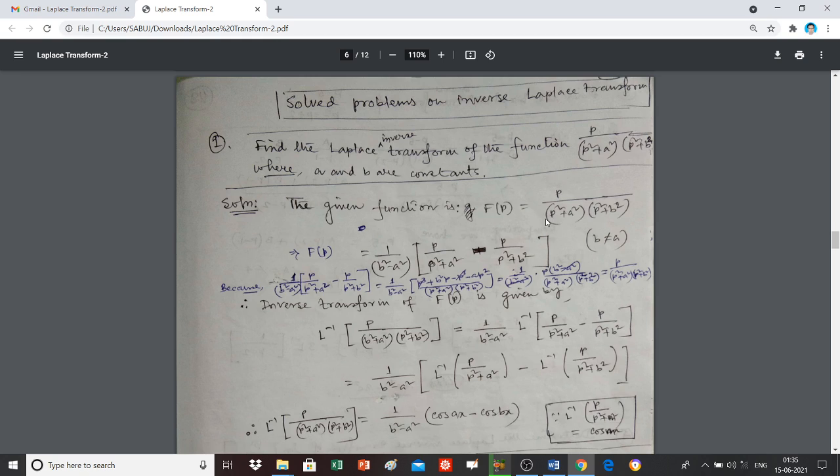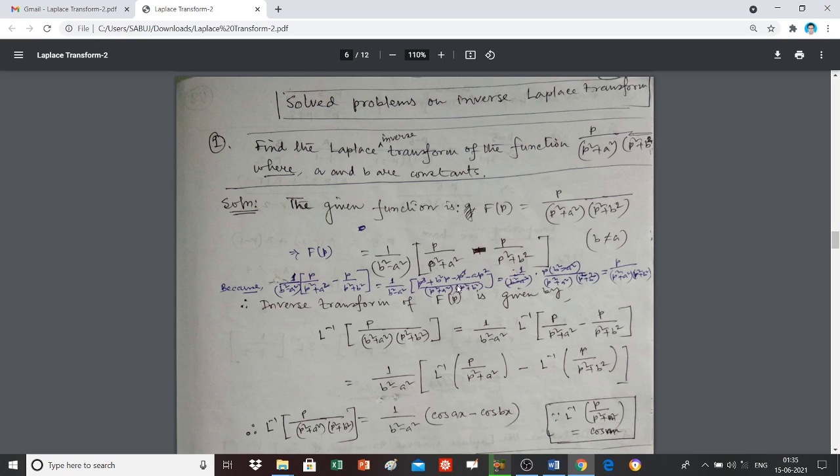1 by (b square minus a square) into [p by (p square plus a square) minus p by (p square plus b square)], where b is not equal to a, because the reason is here. You can write this term as 1 by (b square minus a square) into [p by (p square plus a square) minus p by (p square plus b square)], that is equal to 1 by